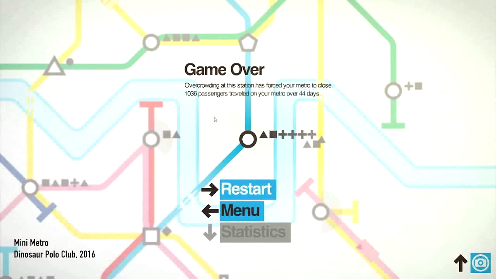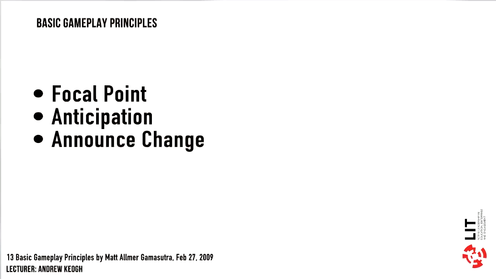Now we're going to delve a little further into gameplay principles. Again, like genre, this is just a guide really, from a good hand in Matt Almer, who is a bit of a veteran of game development, so it's quite comprehensive in one way, mostly just for things to be aware of. That's my reading of this. He has laid out in this article 13 basic gameplay principles, where he breaks down the very simple to the complex mechanics that need to be designed, or areas that need to be considered, to his mind,